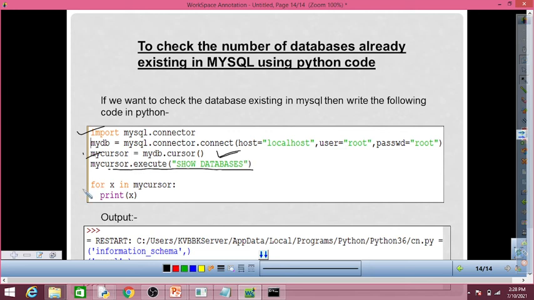To display these databases one by one, we have to type this code: for x in mycursor, because mycursor is storing all the databases. Now we need to display those databases one by one, so we will type for x in mycursor, print x.